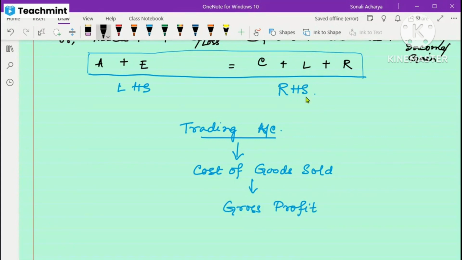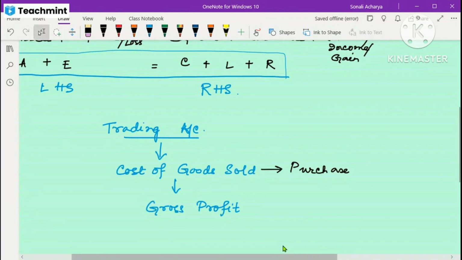For this calculation, to calculate the cost of goods sold, what are the things that are related with the purchase that will appear in the trading account? That means to find the cost of goods sold I will need purchase, and certainly sales, because I am finding the costing of the goods that have been sold, that means the goods that are sold in the market. What is the cost of those goods, that is to be ascertained, then only we can ascertain the gross profit percentage or amount. So I need purchase, sales, and what else,